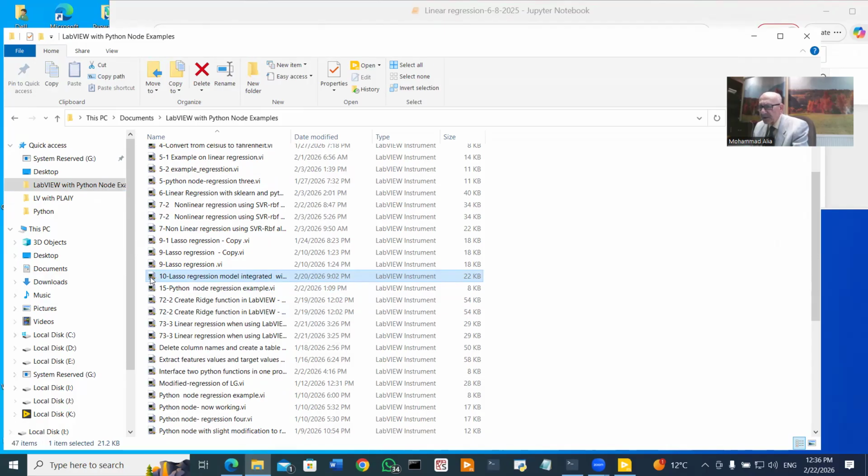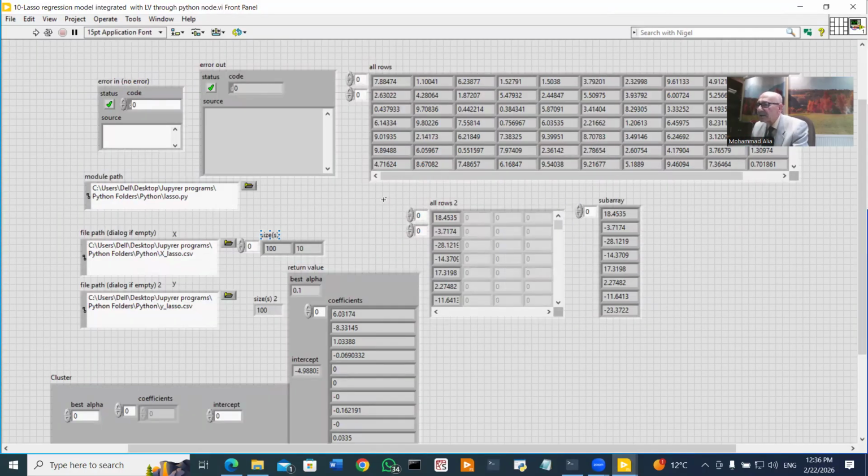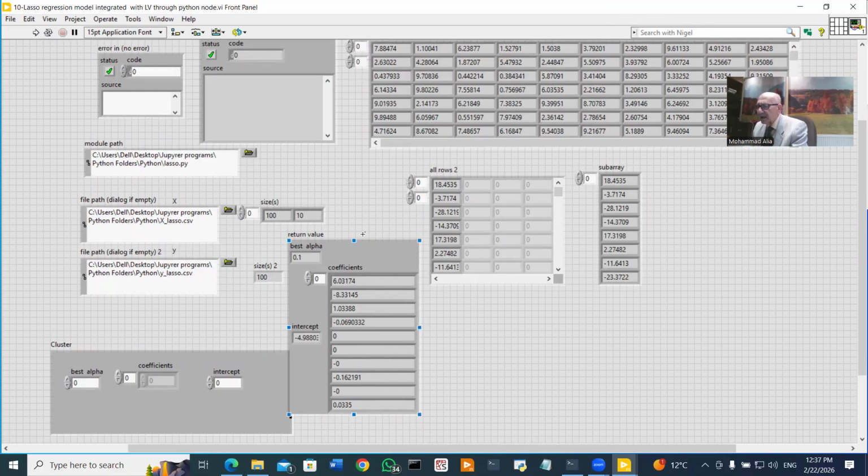This is our program, which I have built specifically for this. Here are the features 1, 2, 3, 4, 5, 6, 7, 8, 9, 10. Of course, I did not show all the rows, but I have given you the size here. It is 100 rows, 10 features, as it is there. And here are the paths of the files which I have saved in Python. And here is the output,